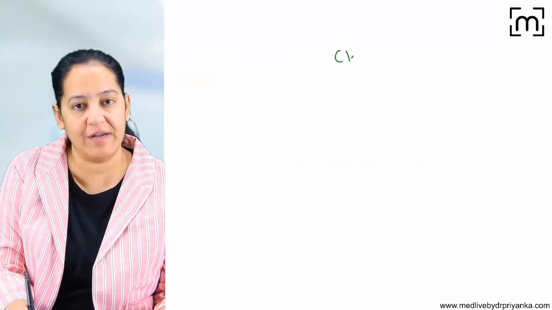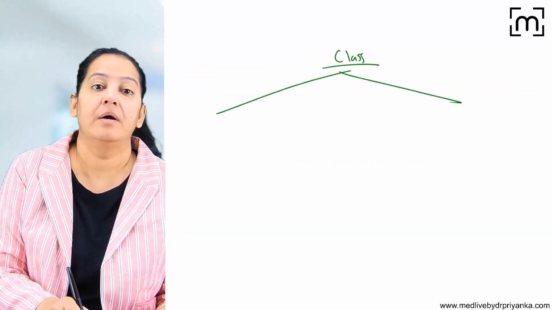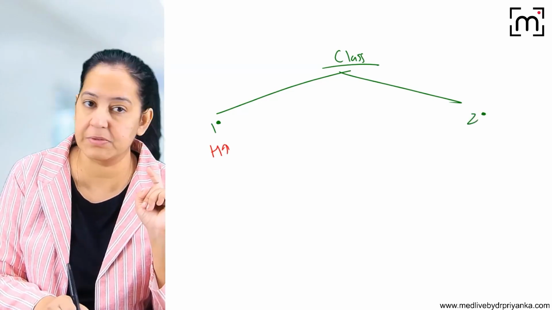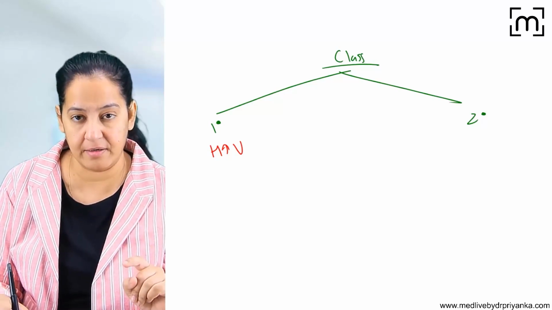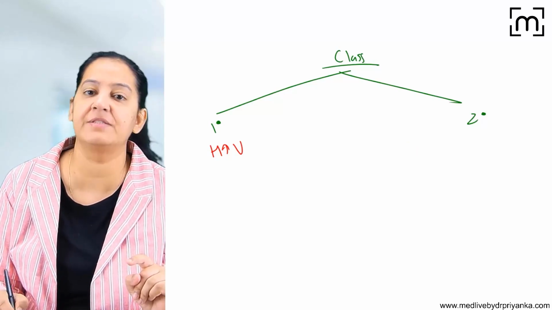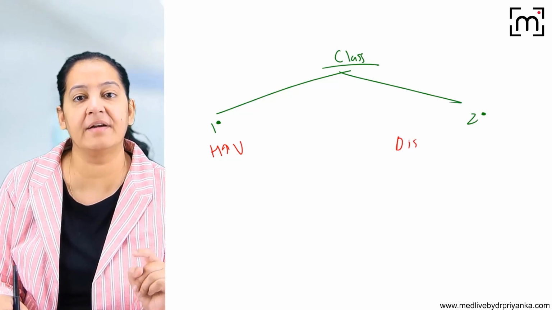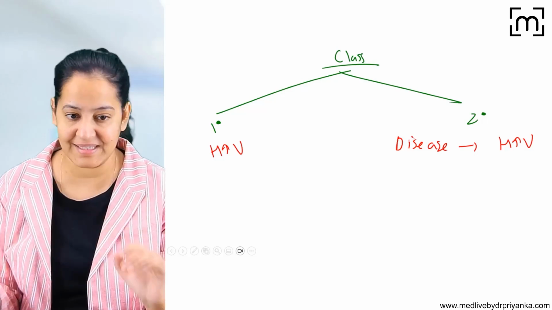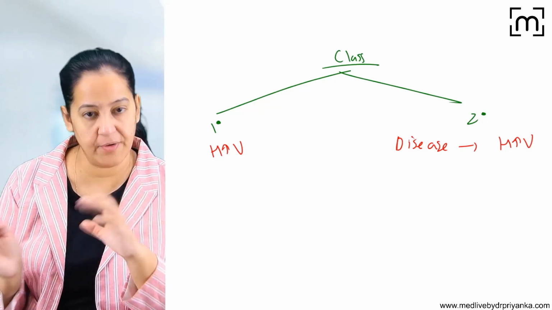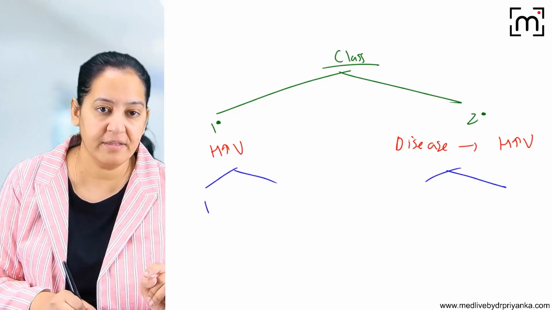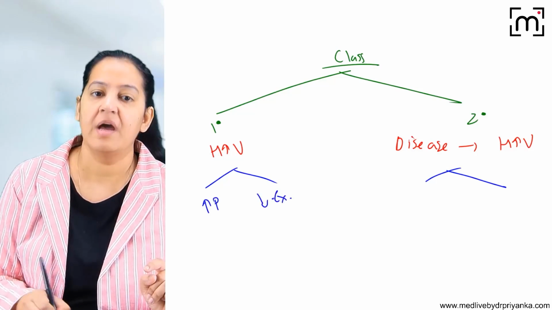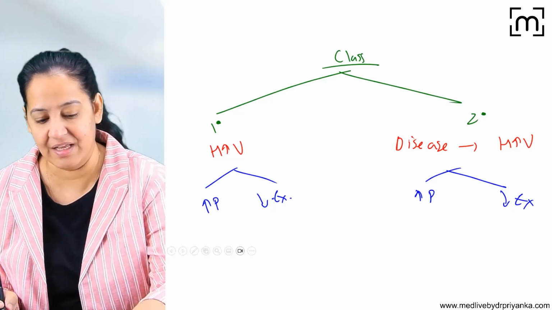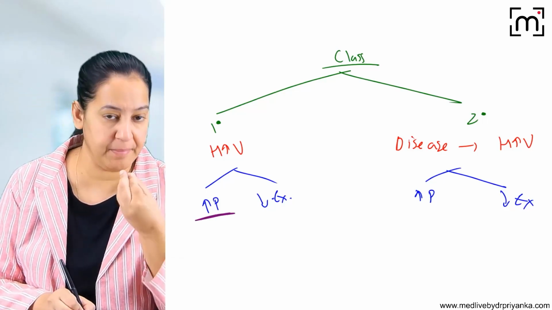So the classification of gout, let me simplify. There are two types of gout: primary gout and secondary gout. In primary gout, there is only hyperuricemia. It is not associated with some other disease. In secondary gout, the hyperuricemia is due to some other disease, which is leading to hyperuricemia secondarily. So that is secondary gout. Now each of them, whether primary or secondary, can have two causes: either increased production or decreased excretion. So can you enumerate some examples in each category? Increased production in primary gout can be due to increased dietary